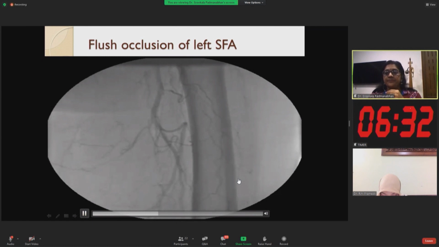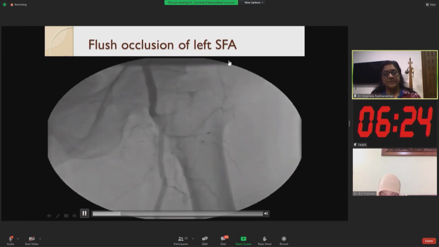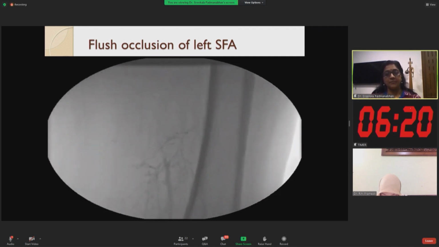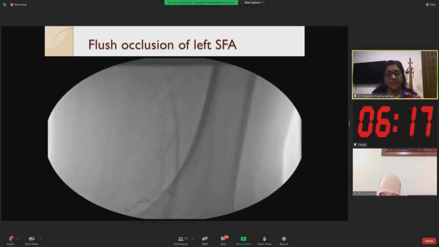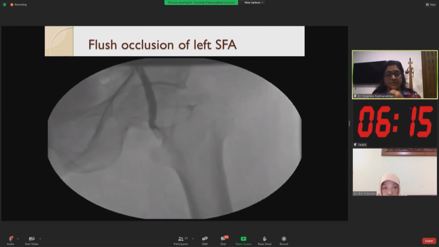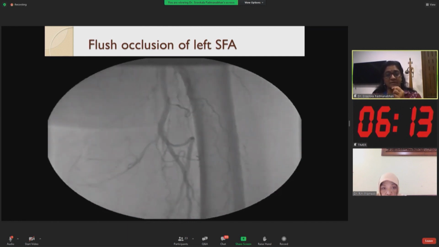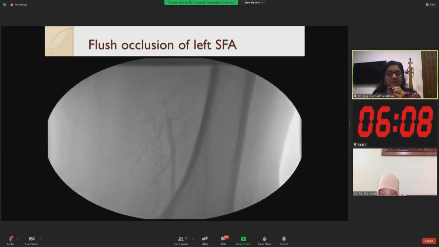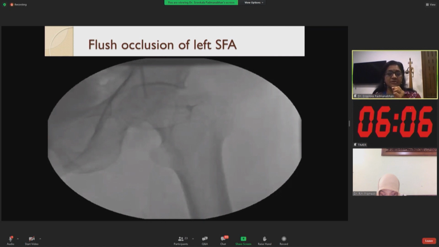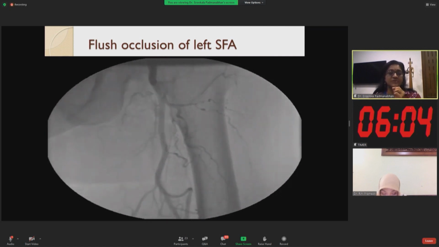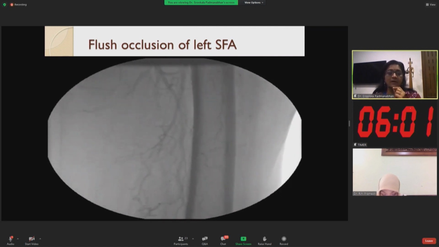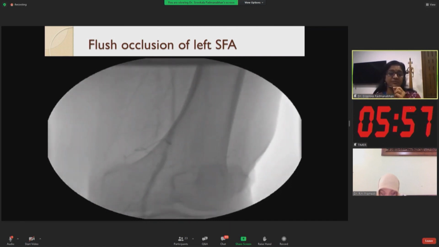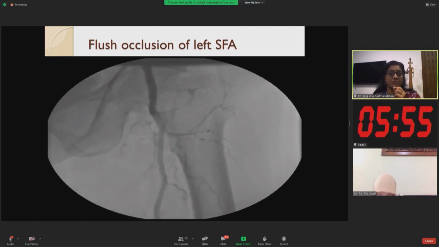She presented with gangrene and ulcer of her big and second toes. She had a history of coronary heart disease with a left bundle branch block pattern and chronic atrial fibrillation, and she is on regular treatment for that. When she presented, she had a history of rest claudication symptoms for the past 1 month, and also gangrenous, pre-gangrenous changes of the first and second toes.